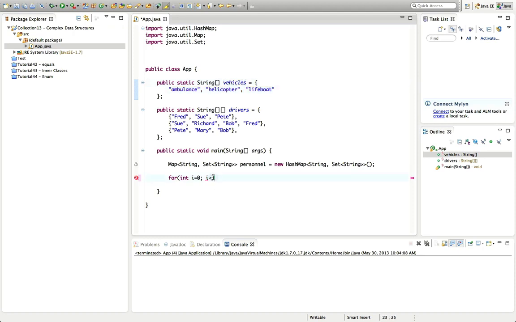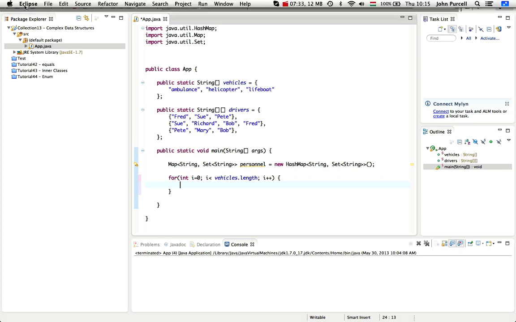So let's say vehicles.length. Remember, with a simple array, the length is stored in the length property. With a collection type like a set, you usually use the size method to get the length of it, but it's just a simple property for an array, so there are no round brackets there. And let's say here i++, and then we can put in the curly brackets like that, and whoops,